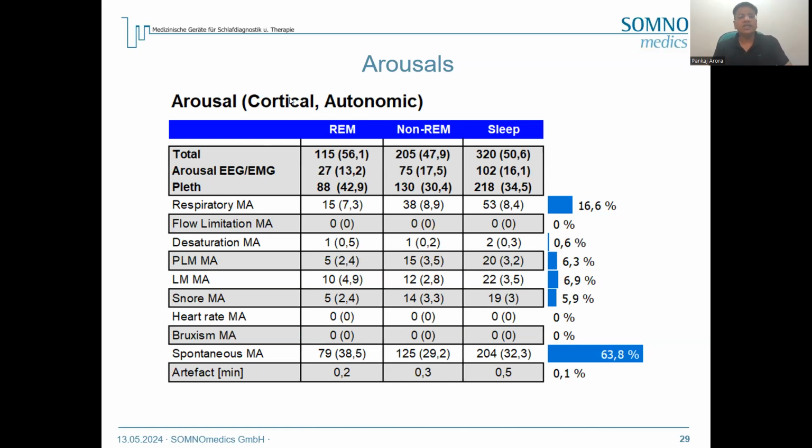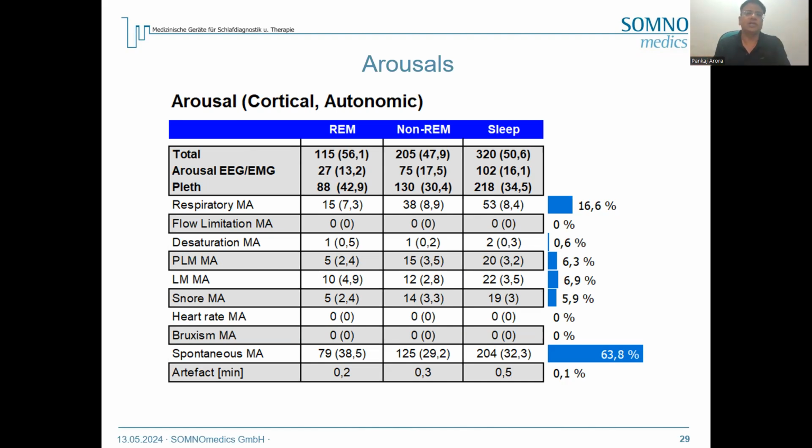In this particular case, it's showing you cortical arousals as well as autonomic arousals. So what do you mean by cortical arousals and what do you mean by autonomic arousals? Cortical arousals are changes happening in the EEG spontaneously, while autonomic arousals mean it is happening because of some autonomic issues, for example, because of respiratory events, leg movements, or plethysmography changes, and it